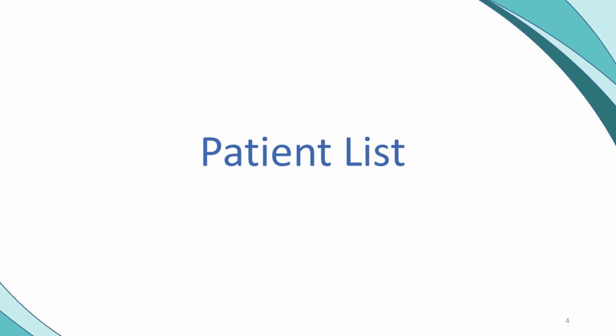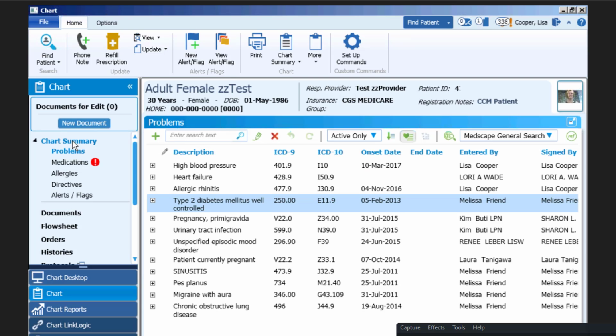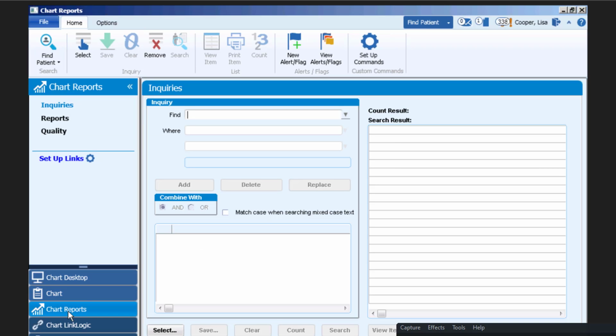One important feature within an EHR is the ability to create a list of patients. Can you demonstrate how we would do that? Let's create a list of patients with hypertension and or diabetes. Okay. We're going to come down to chart reports. Then we have to put in what criteria we're looking for. I could put in here, I want to find patients